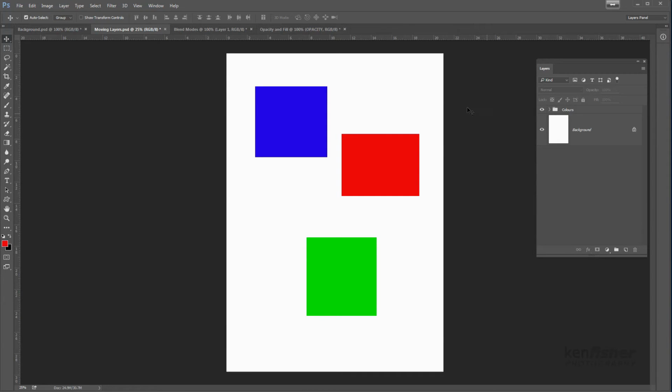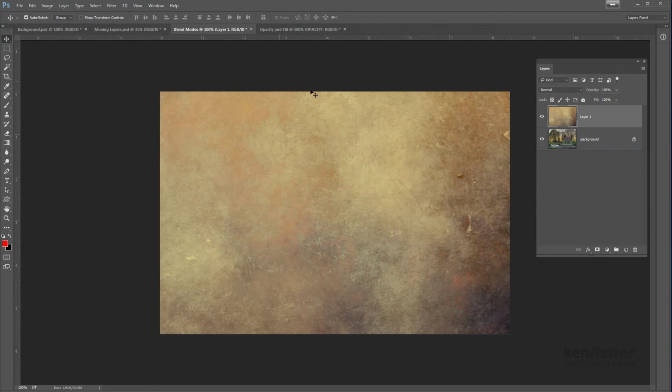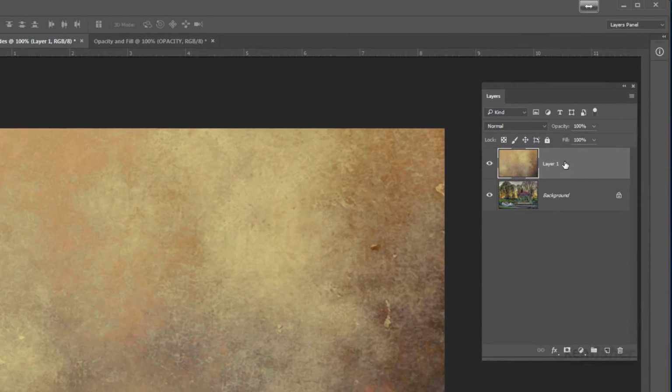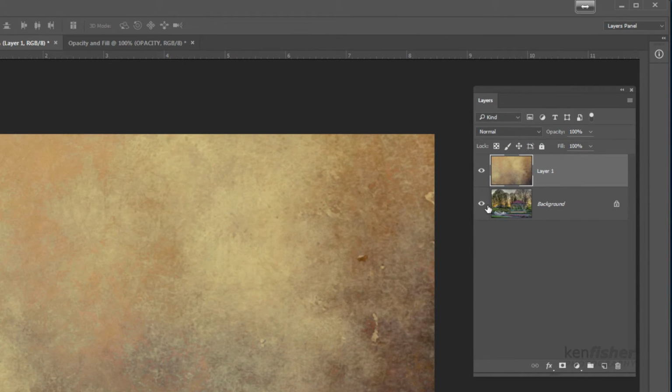Okay, let's move on to blending. Here we've got another image that's got 2 layers in it. We've got our background layer and a layer above it, and obviously we can't see through this layer, so we can't see the image underneath it. But what we can do is blend the top layer with the bottom layer, and we do that with